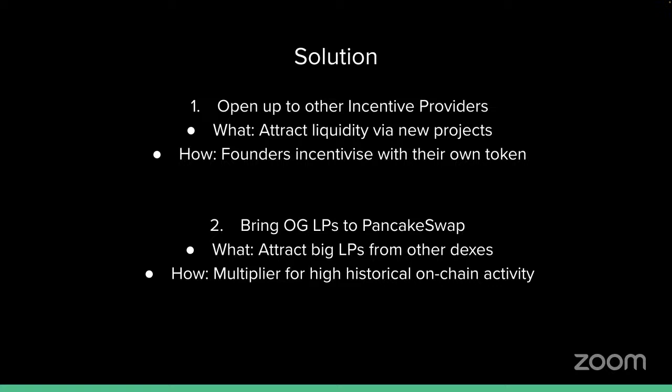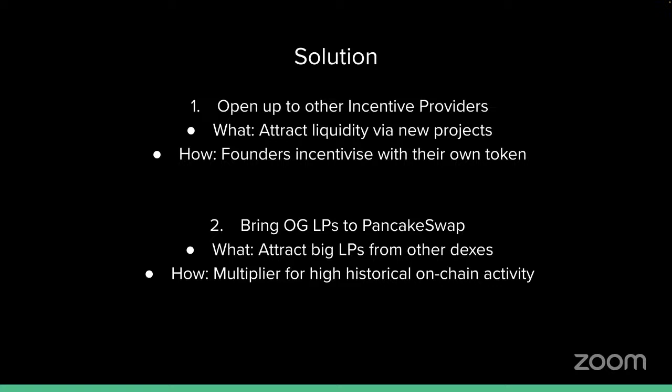My only option as a token founder today is to create my own farm, which means development costs, security risks for LPs, higher marketing costs, and other disadvantages. Instead, I could just use PancakeSwap to add my incentives, and LPs could benefit from them without being exposed to unnecessary risk. That means no need to stake position NFTs to unknown MasterChef-like contracts.